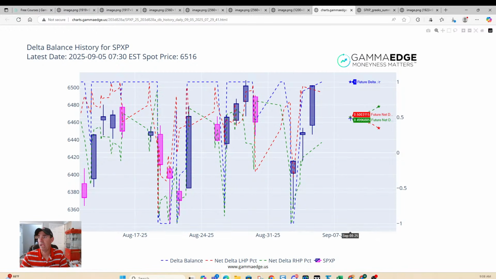This is obviously the 8th. We see the right-hand plane moving to the upside. That's out of the money call speculation. Left-hand plane moving to the downside, but still above 0, so call dominated. And we see the delta balance pegged at 1. So not really looking for any major weakness heading into next week. We already discussed the GEX ratio could be reaching a cautionary